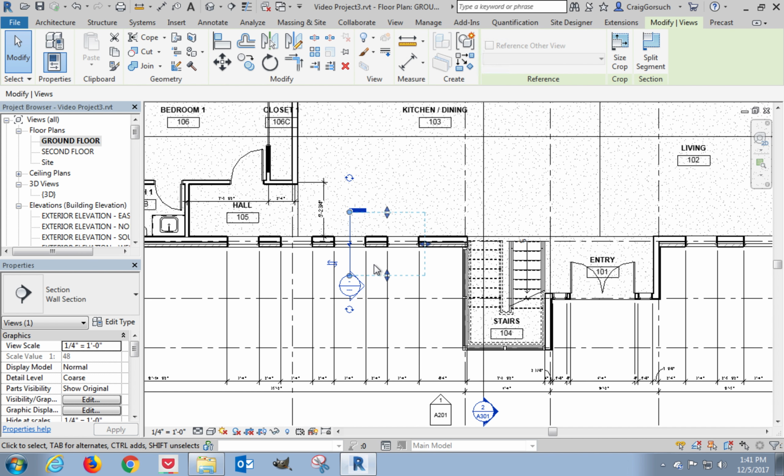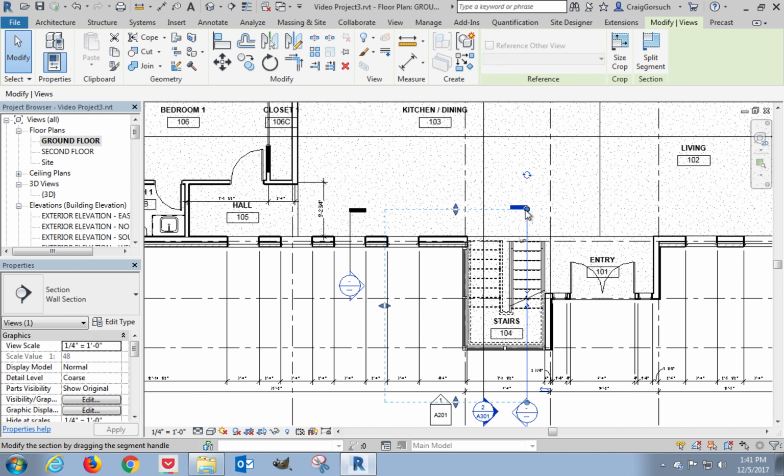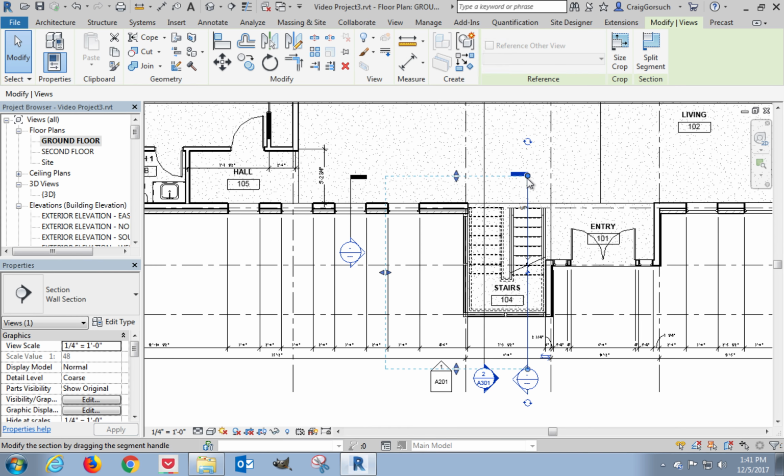I'm then going to do pretty much the same thing. I'm going to place another section, but I'm going to go through the stairs on the bottom landing, and I do want to face this direction. So the direction that you see my wall section facing now is the direction I actually want it to face. I will, however, change the depth of it. I don't need my wall section to be quite so deep, so I'm just going to pull this in a little bit. I do want to see this part of the storefront,